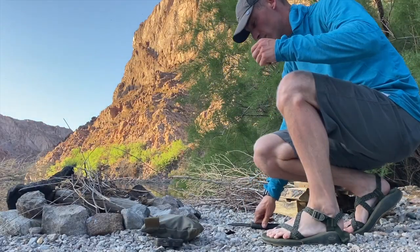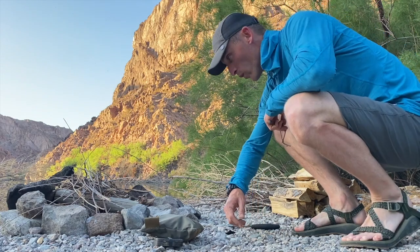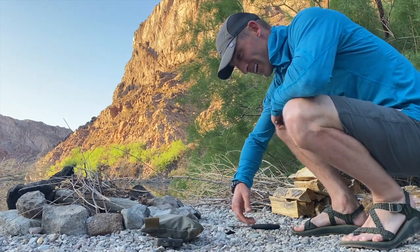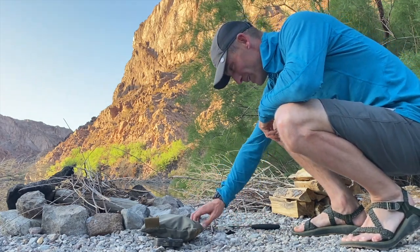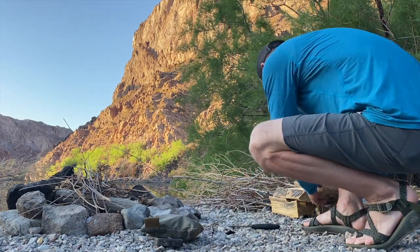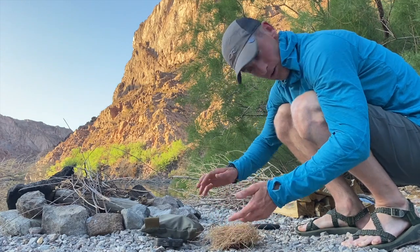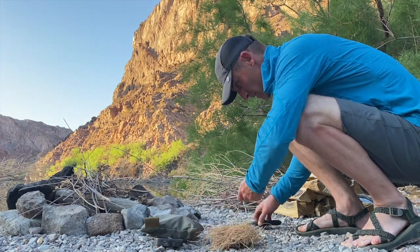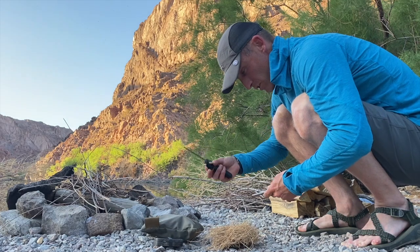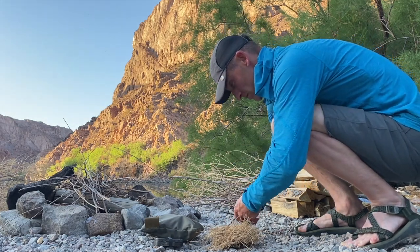So I've been trying to do this fire from this char cloth forever, and I can't seem to get it in the field. I can only do it when I did my video at home, which was the first time I did it. So I have made what I think will be a good tinder bundle here, or bird's nest. Thought somebody was creeping up on me there. So we're gonna try it. I gotta get a spark on the char cloth, get it in there and blow it into flame. Let's see what happens